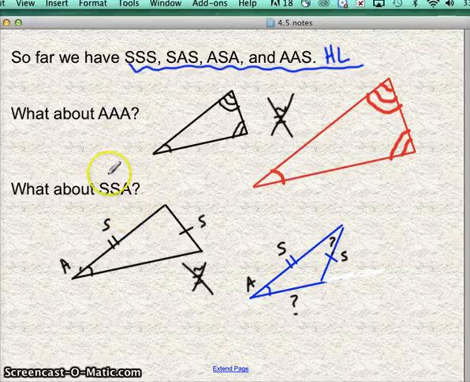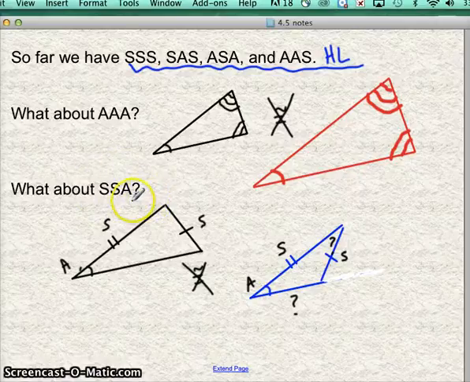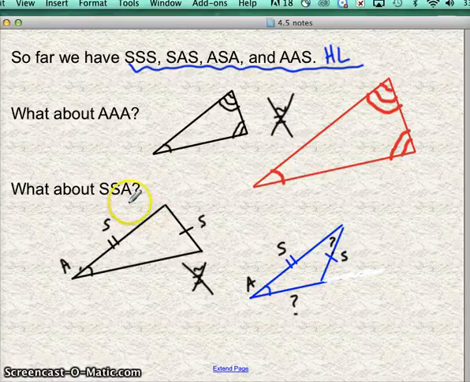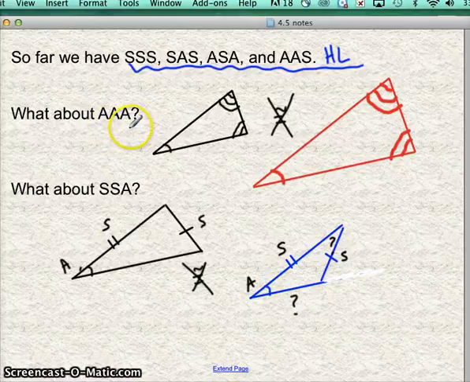This one's the easy one. Just look at it backwards. Spell that backwards. See how it's a bad word backwards? Okay, so bad word backwards means no good. Don't use it. And then AAA is,